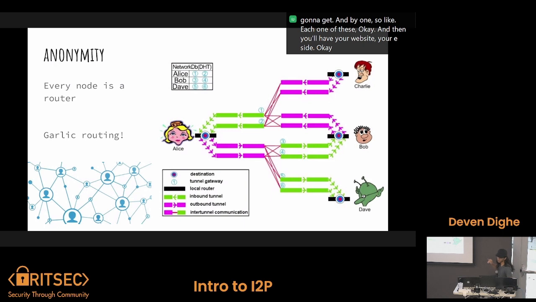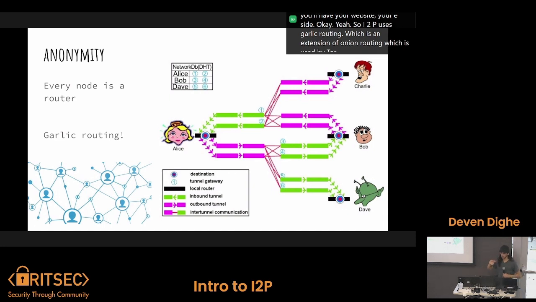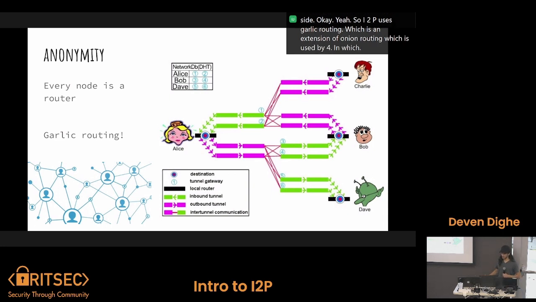I2P uses garlic routing, which is an extension of onion routing, which is used by Tor. Tor uses bidirectional routing. So when I was sending the message to Chase, it comes back using the same route. But garlic routing uses a different route, meaning that you hypothetically have to own more devices to break the network.